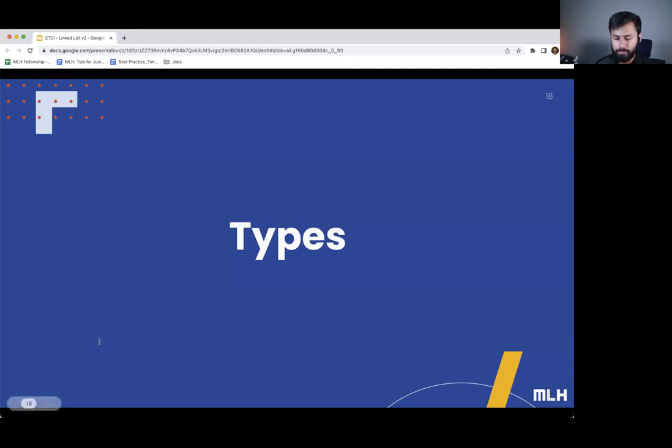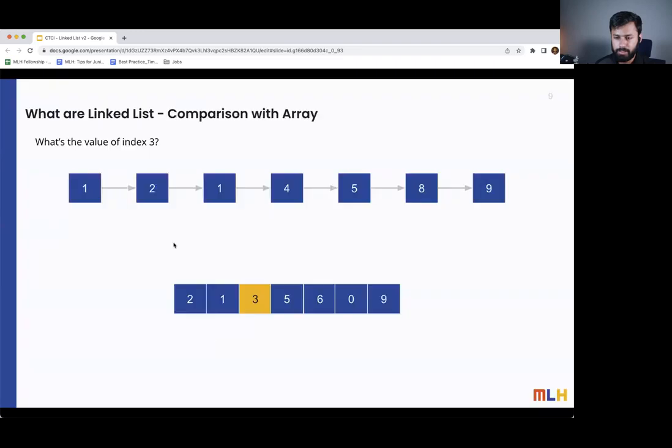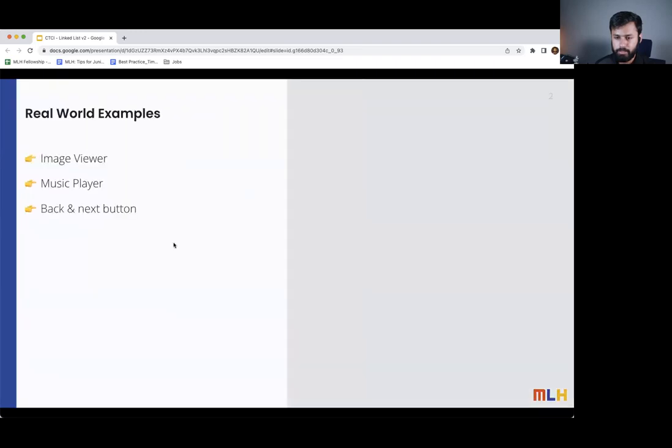Here it is. I'm not sure you mentioned it already, but what are the common use cases of linked list versus arrays? Use cases. So I talked about the use cases of the linked list here. There we go. Okay, I get it. So for the purpose you are asking, that is totally different from these real world